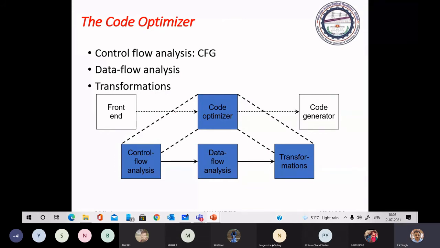Suppose a very small case: you have a program in which you have to increment the loop index by 1. It is an obvious case that programs have a loop index and we increment it by 1.